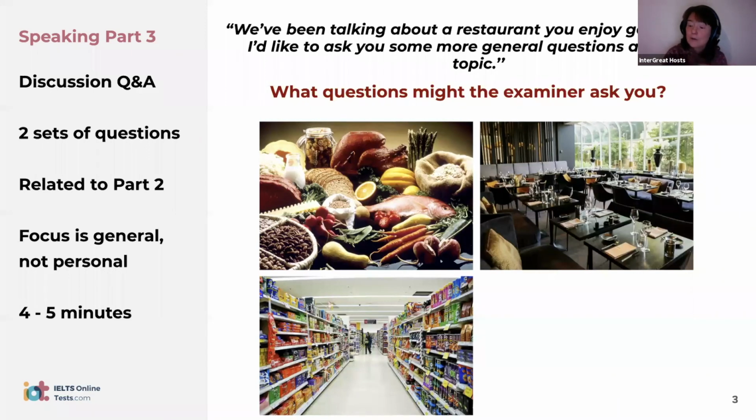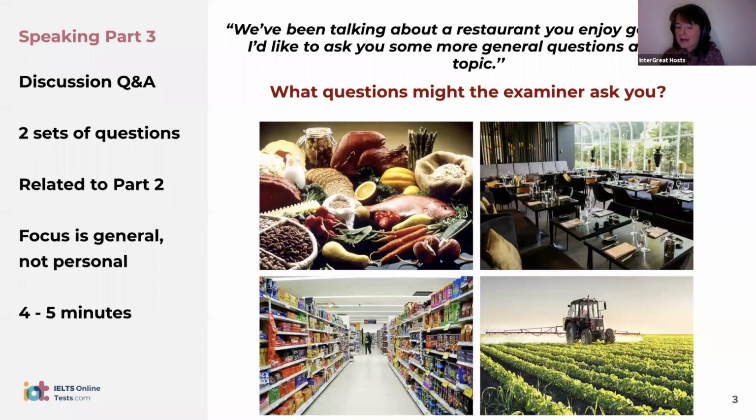Do you prefer to go to local shops, or do you prefer to go to the big supermarkets? Problems with going to supermarkets, that kind of thing. Okay. In the last picture, we're looking at agriculture, so cultivation. What kinds of things would we...